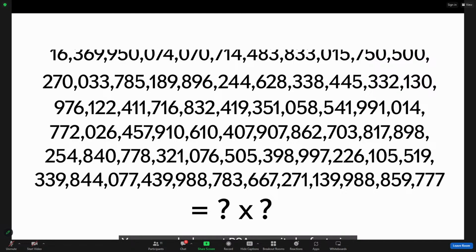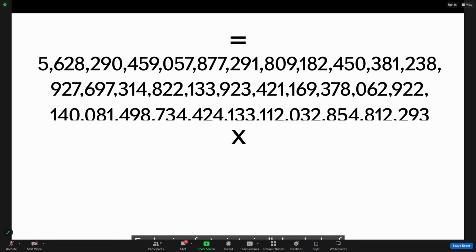Each prime is long, and they serve a unique